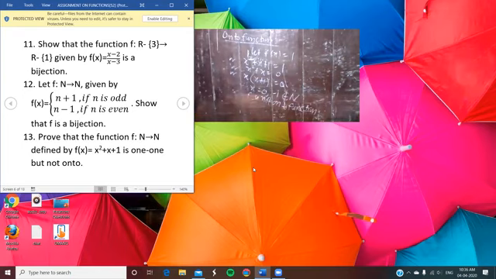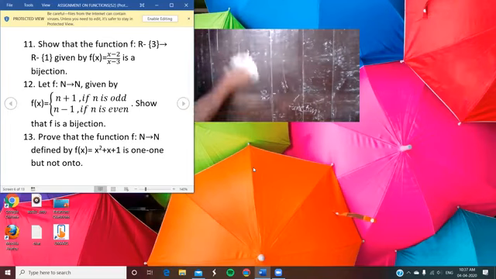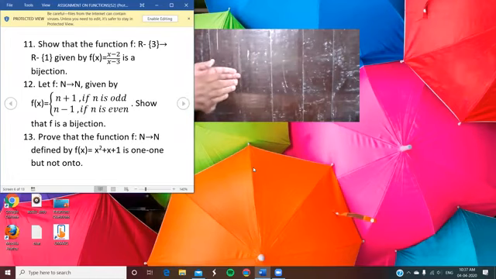So this is also a method by which you can say that it is not onto function. And the other method is what? You try to find the range of x square plus x plus 1. And if that range is not exactly equal to the codomain, then you can say that it is also not onto function. So just apply this second method also. And one thing, in this way, up to question number 13, your function part is completed.